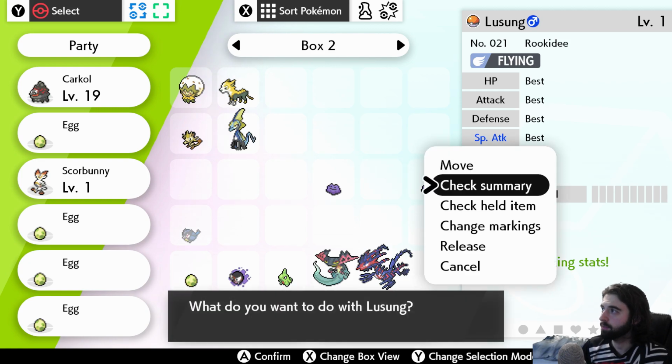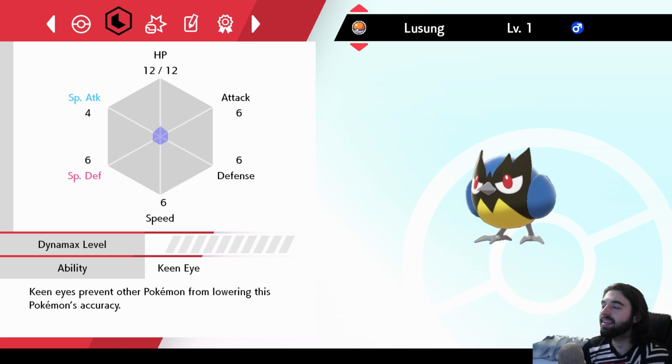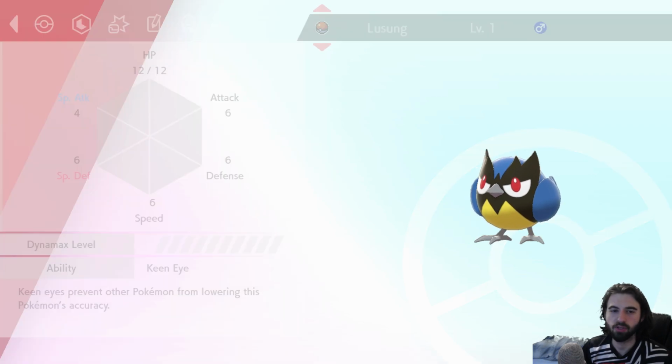And then even better, if we check the summary of Lusung, he had Keen Eye, which is the ability that goes ahead and turns into Pressure when Rookidee turns into a Corviknight. So we do, in fact, have Lusung ready to go and ready to be a physical wall out in